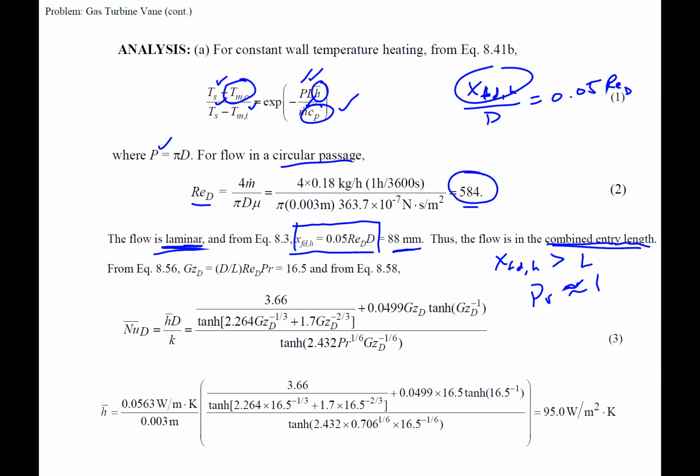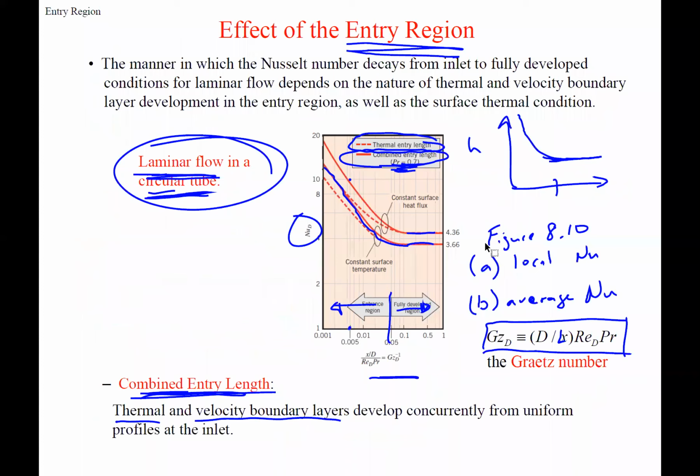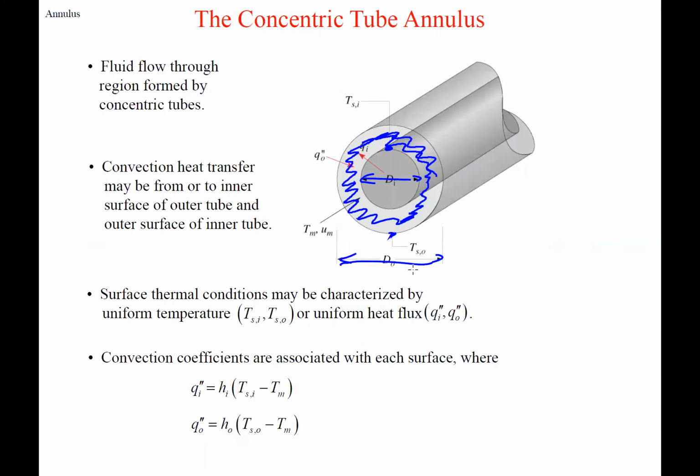And that's what you see right here. So they're getting the Graetz number at x equals L. We have the Reynolds number, Prandtl number, we get 16.5. So we can either utilize that figure right here, or